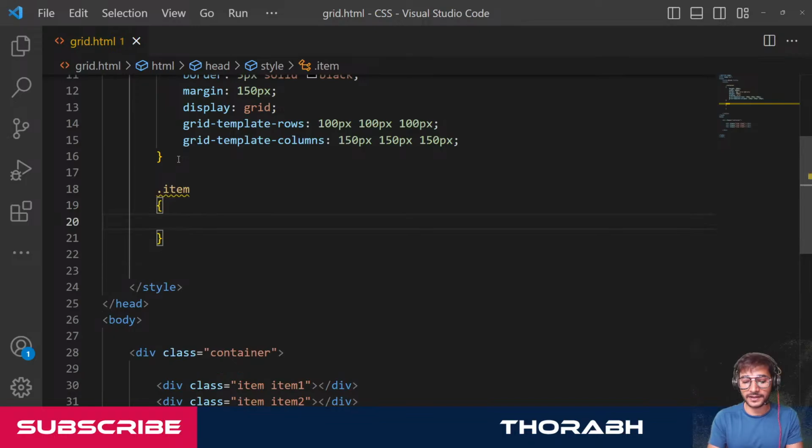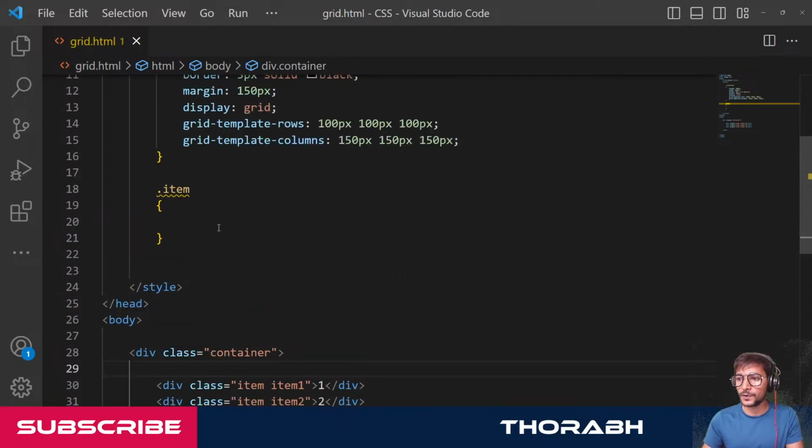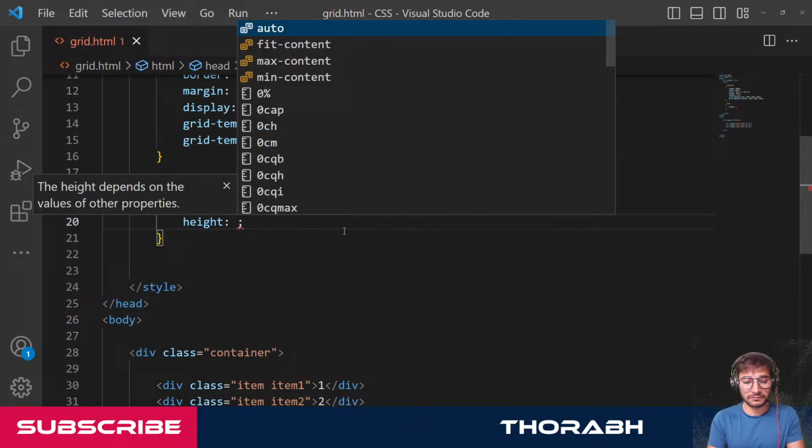So item, and let's also write some numbers in there so that we can just see them properly. So 1, 2, 3. So 3 elements, 3 items inside the grid. Okay, and every item should have, let's say, a height of, or you can again just remove the height and